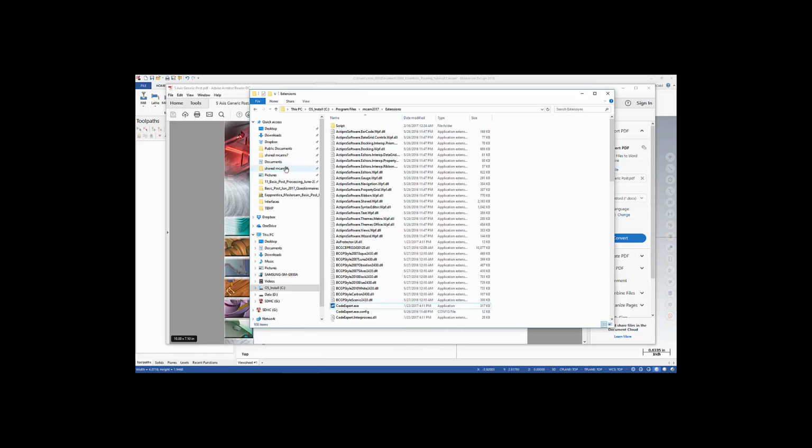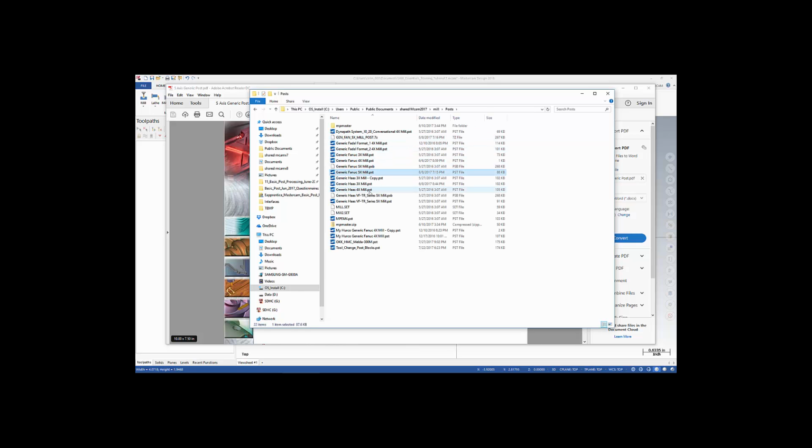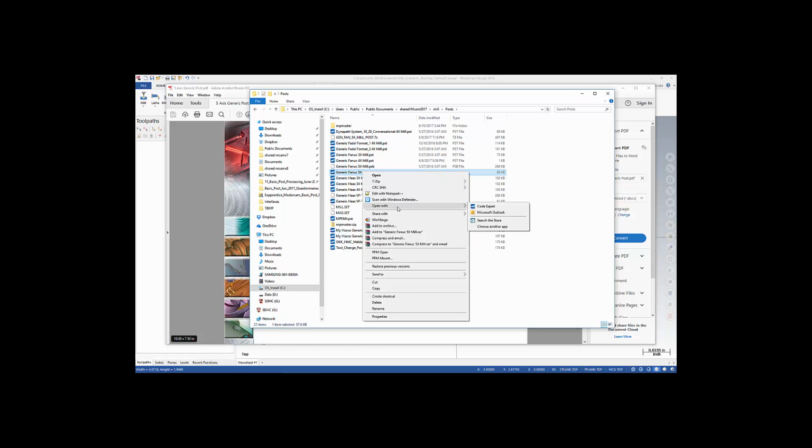The other thing we can do is go look in our shared folders. So if I go to C, Users, Public, Documents, and then I'll go to Shared MCAM 2017, Mill, Posts, normally if you go and double click on a PSD file, it'll give you some error about Outlook. You have to open Outlook files from within Outlook because it thinks that this is a mailbox extension for Microsoft Outlook. If you right click, you can do Open With,